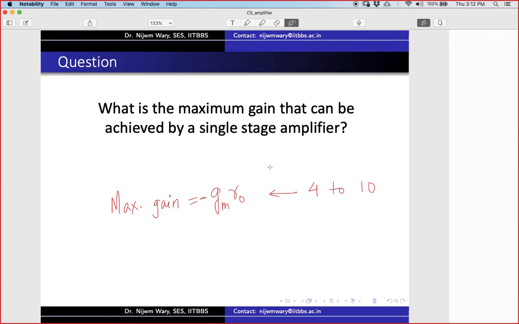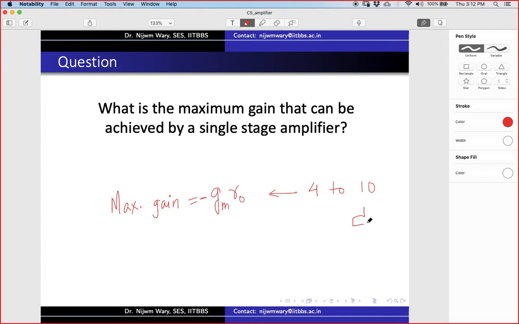So, but that's not practically possible. So, how will we implement a perfect current source? How do we implement a perfect current source? The answer is, of course, it is not possible to get a perfect current source. And in fact, even if you are implementing with a perfect current source,